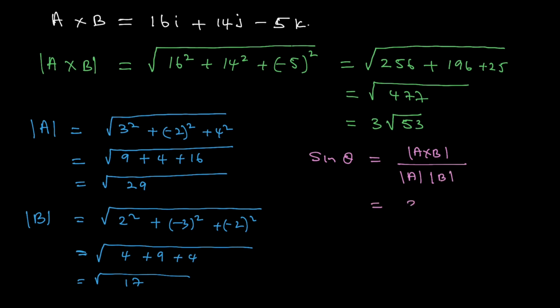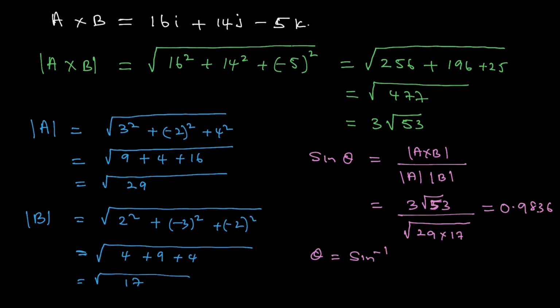So that will be 3 root 53 over root 29 times 17. And if I plug that into the calculator,